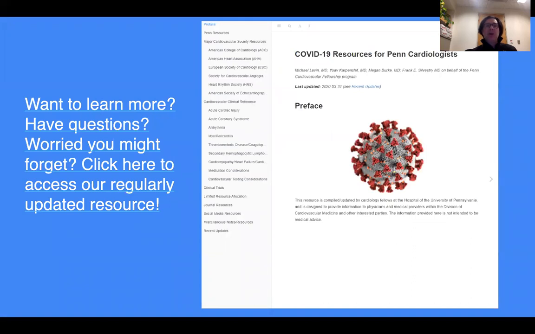I'm going to end my talk by pointing you towards a resource which was developed at Penn by the Education Office by many of our cardiovascular fellows. And this is a free, accessible resource for all of you. You can click on the link that's provided here in the slides. And this will take you through all of the cardiovascular manifestations of COVID-19, including guidance from all of the major cardiovascular societies, all of the clinical references, and many of the things that we may have alluded to today, and